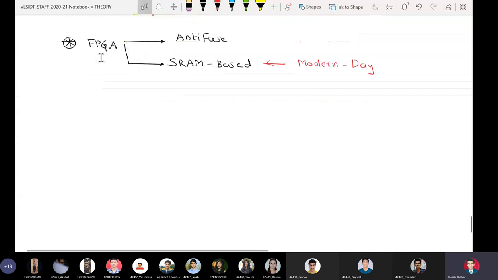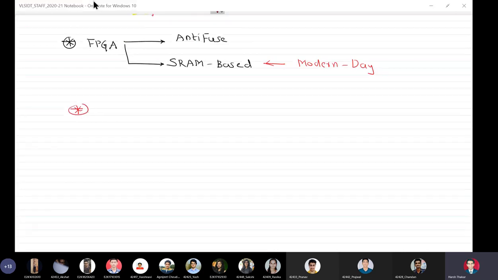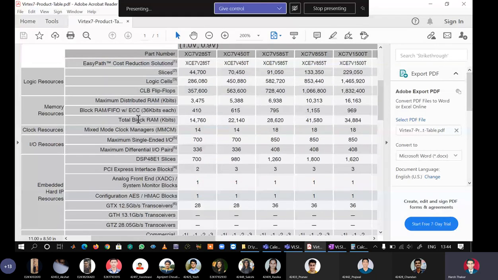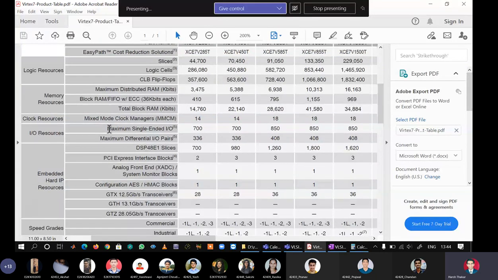Okay, now FPGA is a very advanced programmable device, and if you read the data sheet, you will come to know what specifications it has. So I will again flash the product table, and just see here what is written. It contains mixed mode clock managers. It contains DSP slicer. I told you that Vertex family was invented by Xilinx for performing DSP operations, that is digital signal processing. It has ready-made DSP slices which are tailor-made for performing MAC, that is multiply and accumulate operations. So we see here the densest FPGA